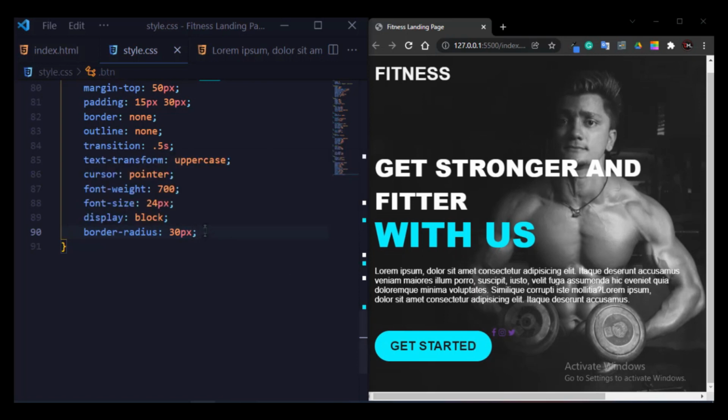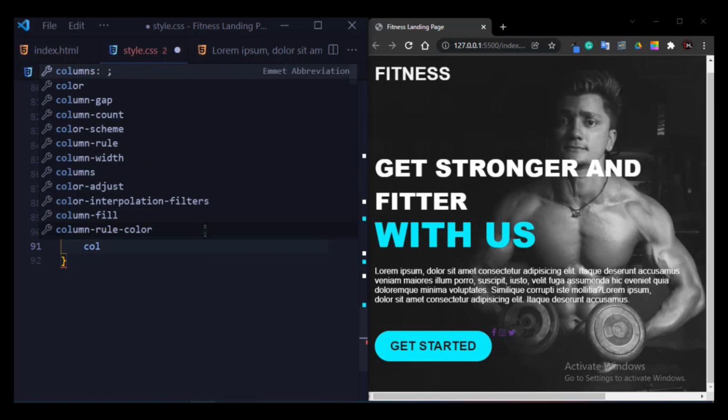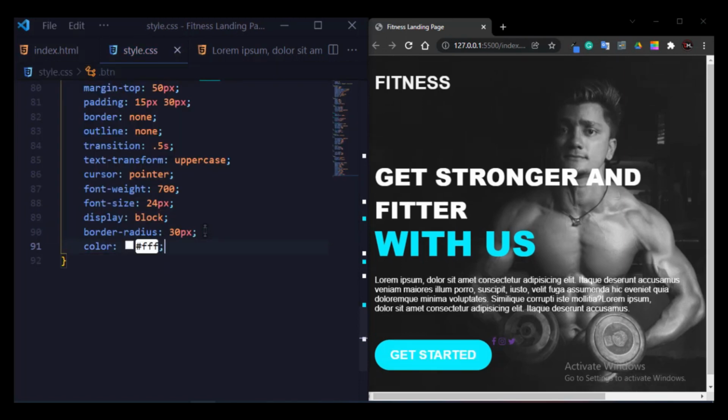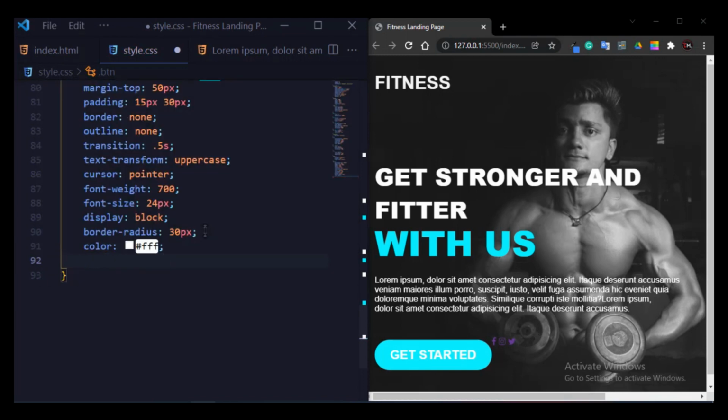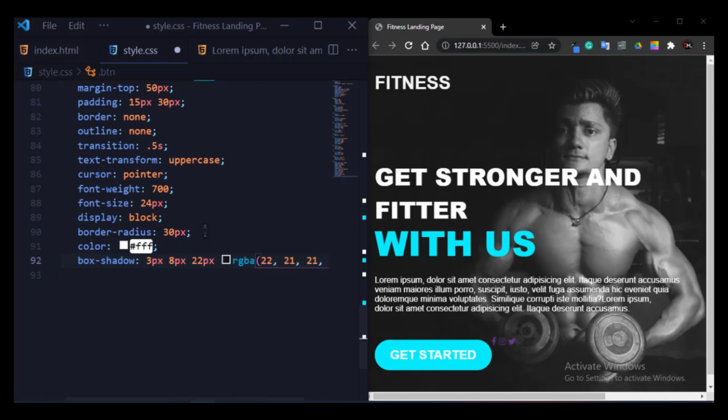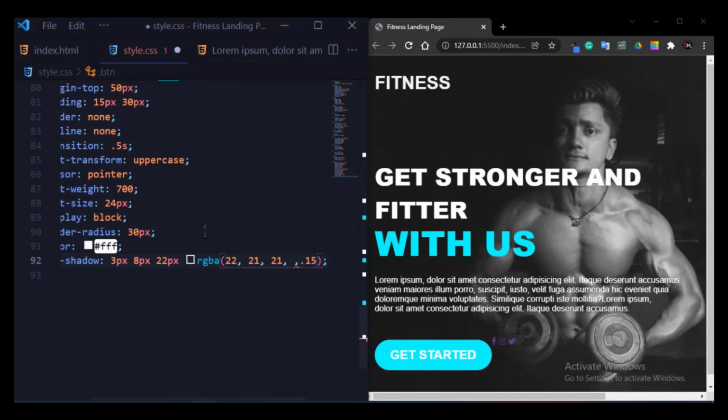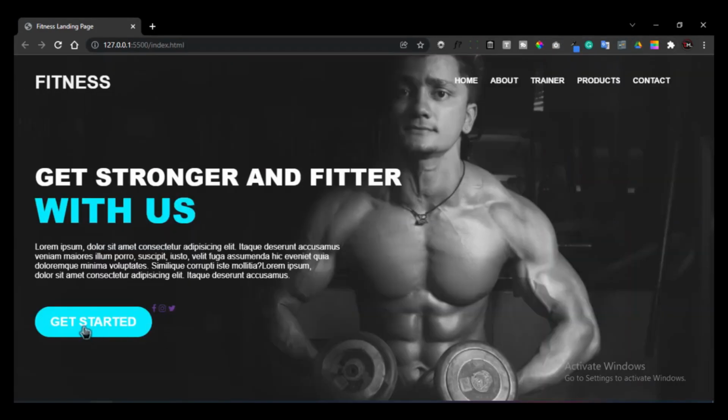So here I will give the color white and change the background size, and now I will write box shadow 3 pixel, 8 pixel, 22 pixel, RGBA 22, 21, 21 and 0.15. So our button is ready, as you guys can see on the output screen, and it looks very beautiful.